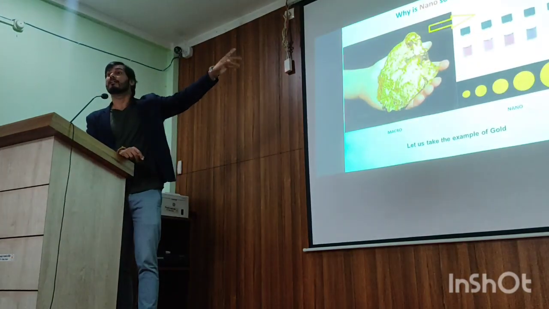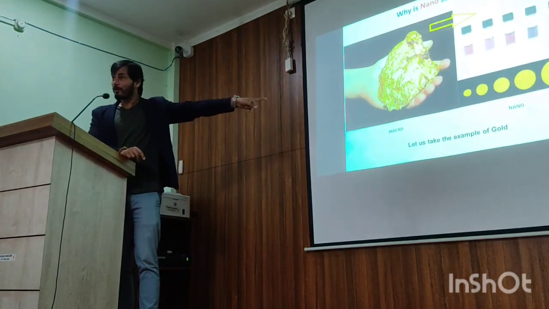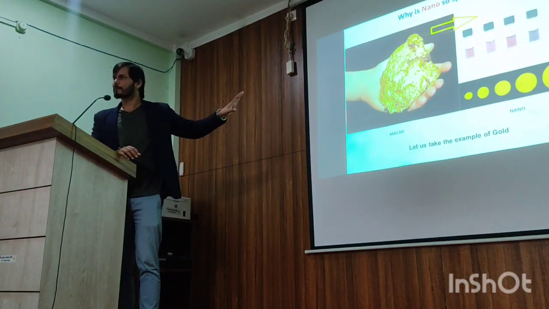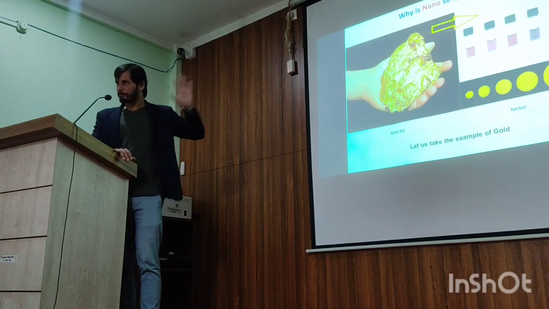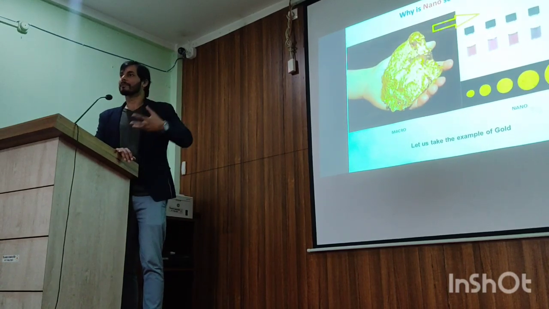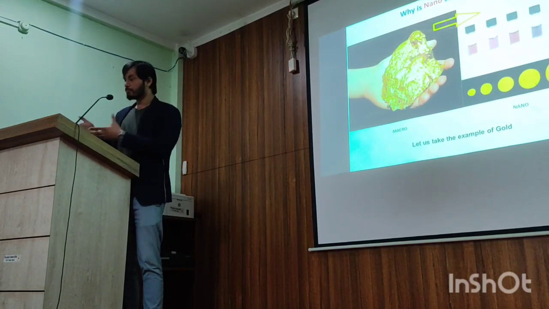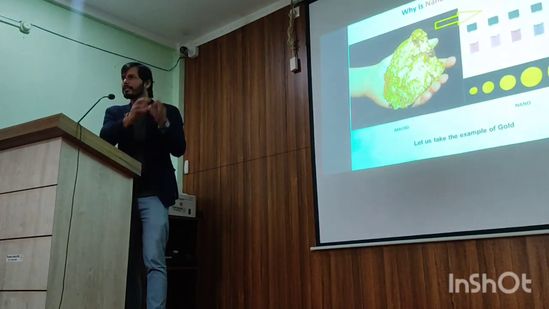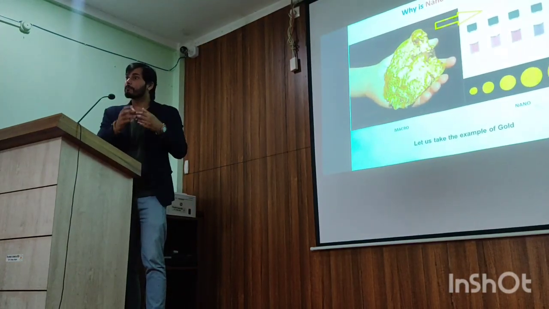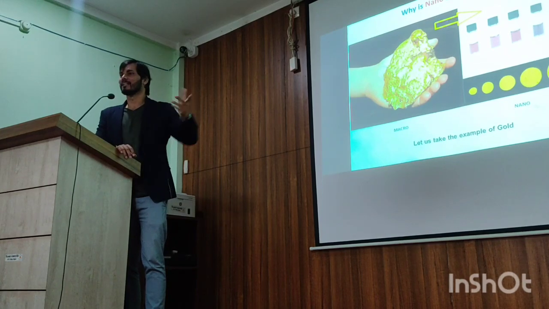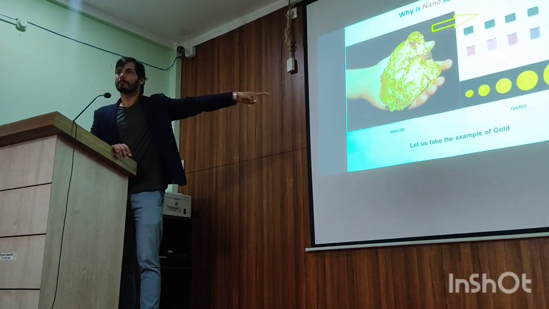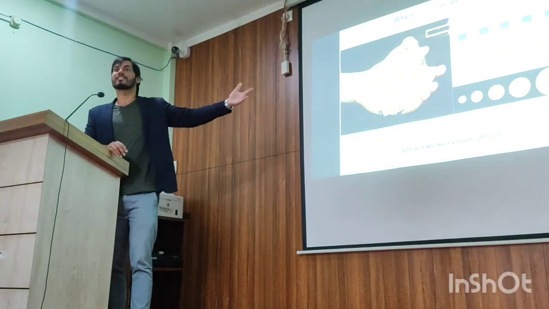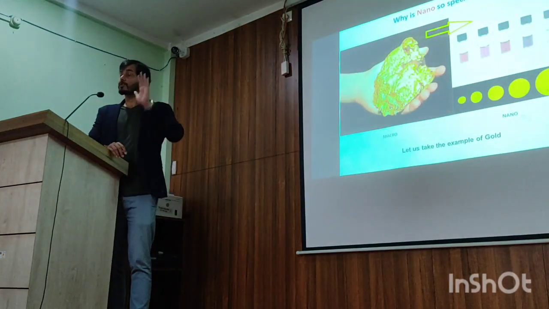So that's why nano is very, very special. Why this happens, we can discuss after the talk, maybe in a casual discussion. There is physics behind it, and there are a few reasons I'll tell you, but for the time being, understand this: when you take a material to the nano level, the material property changes drastically. In the case of gold it is the optical property, meaning the color of the material changes. Okay sir, so that's why nano is special.